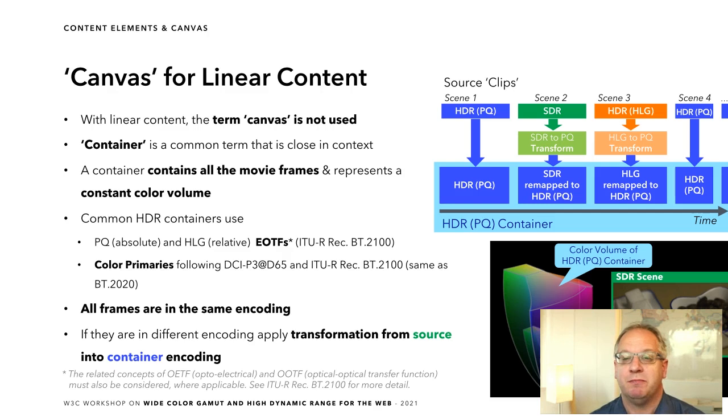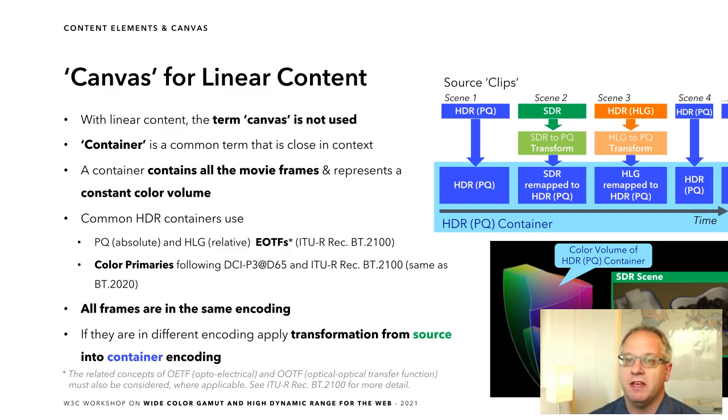The first content piece labeled Scene 1 matches the properties of the container. It therefore can typically be directly placed without conversion. In contrast, Scene 2 is provided as an SDR clip as illustrated in the example on the bottom right. In order to place it into the PQ container, it first must be converted from SDR to PQ through a dedicated transform. Similarly, Scene 3 is provided in the HLG HDR format, which also requires conversion. And obviously, if the HDR container is in HLG, then any PQ content needs to be transformed first before being placed.